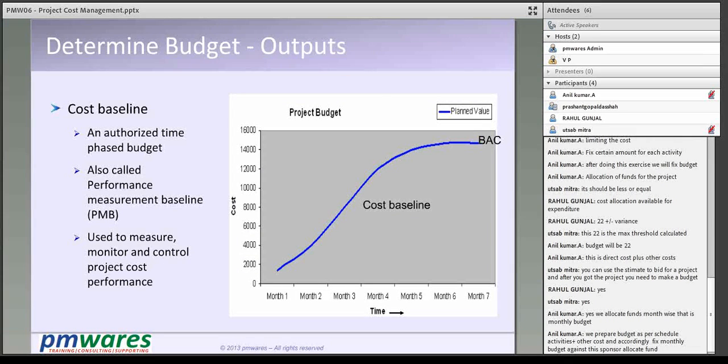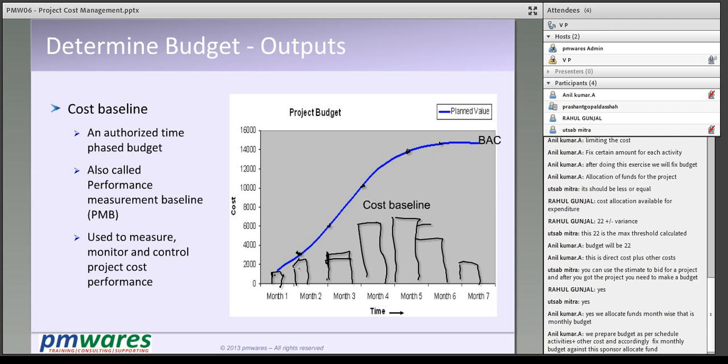So first month we have so many resources, second month so many resources, third month maybe even more, fourth month even more, fifth month a little more, sixth month a little less, and seventh month even less. Now this gets accumulated: this plus this is this point, all three sum up with this, all four sum up with this. The cumulative cost up to 6 months is this,